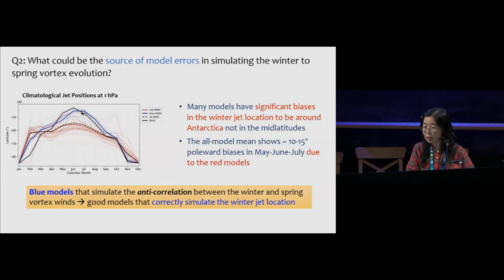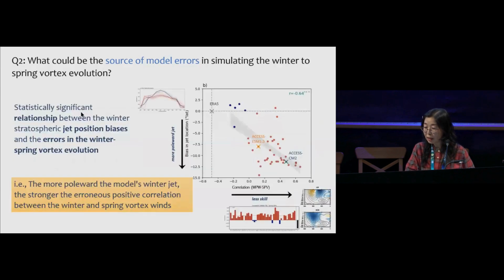Interestingly, the blue models that simulate the anti-correlation between the winter and spring vortex winds are actually the good models that correctly simulate the winter jet location. Indeed, there is a statistically significant relationship between the winter stratospheric jet position biases and the errors in the winter to spring vortex evolution. That is, the more poleward the model's winter jet, the stronger the erroneous positive correlation between the winter and spring vortex winds. And the ACCESS models that are red models do have these poleward biases of the winter